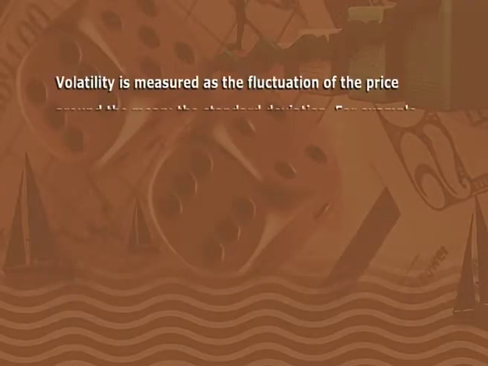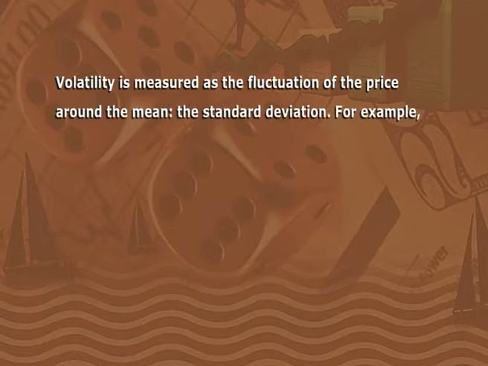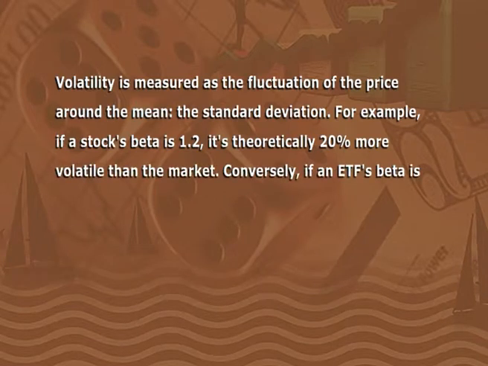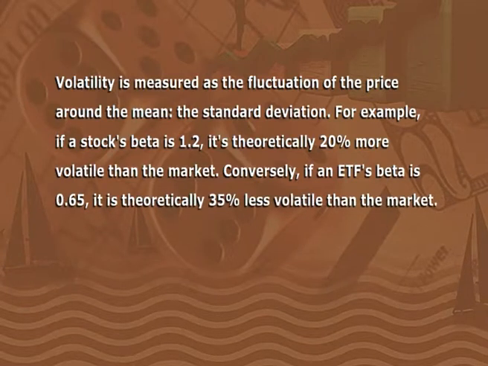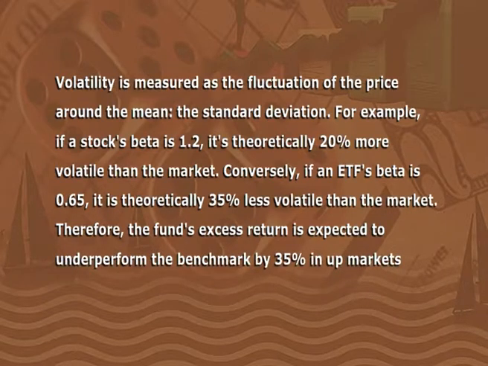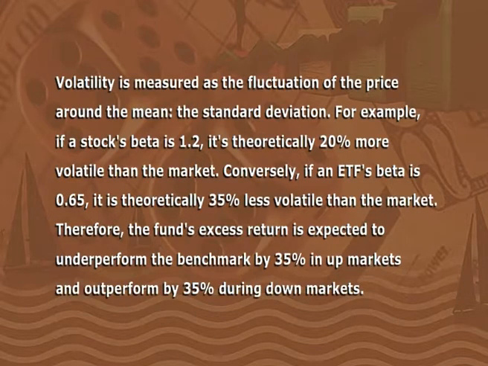Volatility is measured as the fluctuation of prices around the mean, the standard deviation. For example, if a stock's beta is 1.2, it's theoretically 20% more volatile than the market. Conversely, if an exchange traded fund's beta is 0.65, it is theoretically 35% less volatile than the market. Therefore, the fund's excess return is expected to underperform the benchmark by 35% in up markets and outperform by 35%